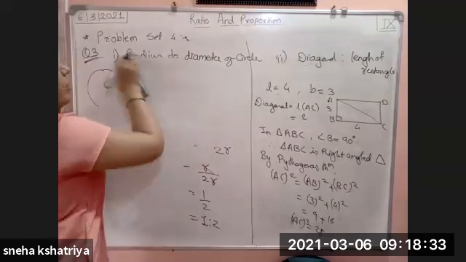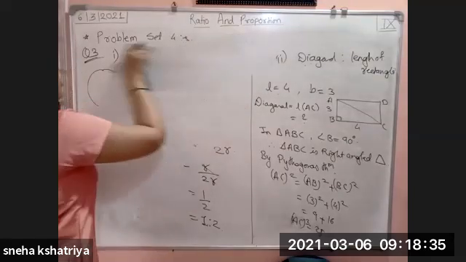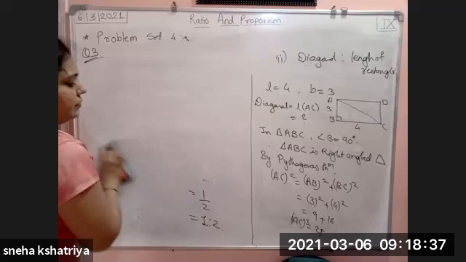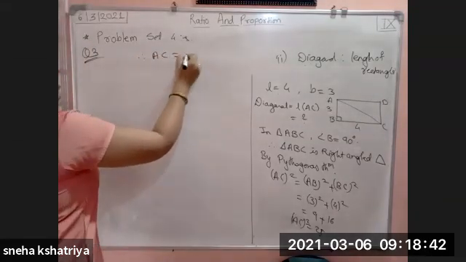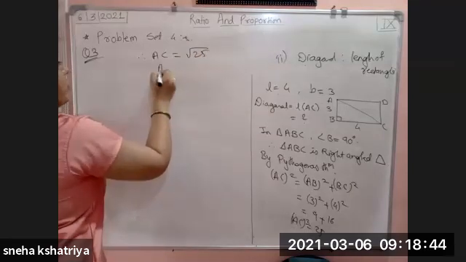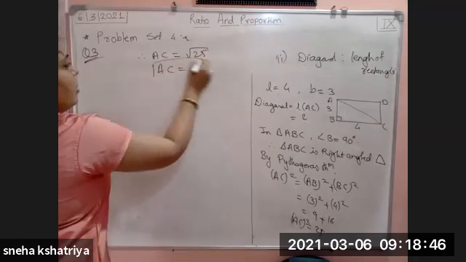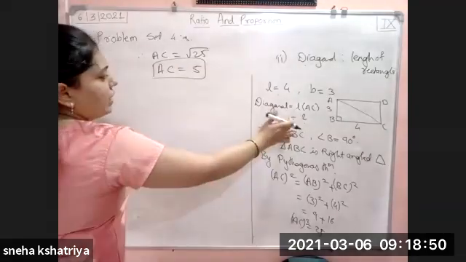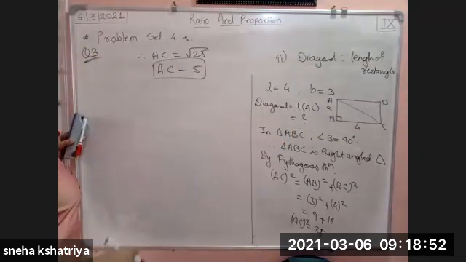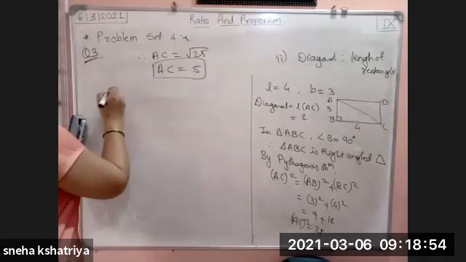But we need the value of AC. So take the square root. AC is equal to under root of 25. So AC is equal to how much? We get 5. Therefore, we get the value of the diagonal. Diagonal, how much do we get? That is 5. Therefore, the given ratio. What is the given ratio?